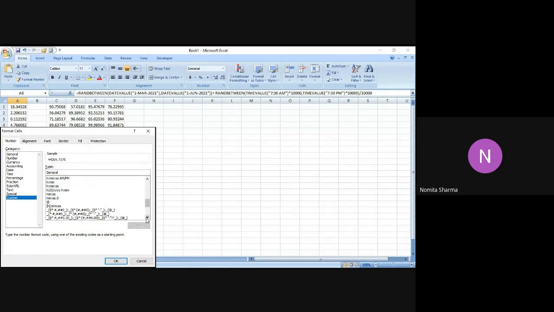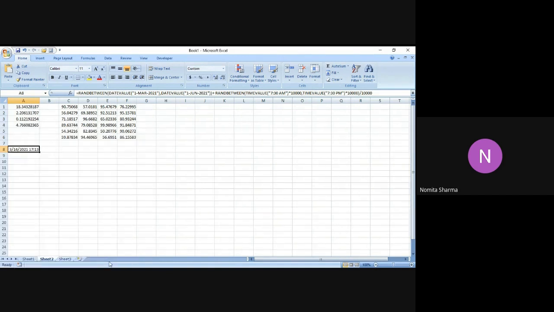So if you see very clearly, I have got this option where I have the number as well as I have the option of giving the time also. So I will select that format where I have, let me just select that. So I have month, date, year, and then hour and minute. And I say okay to that. So I've got this data which is having both date and the time. Now let me drag this down further, and let's see what we get.